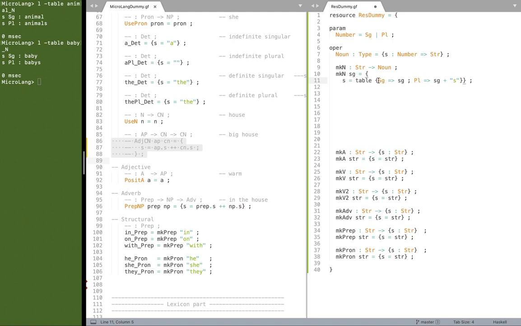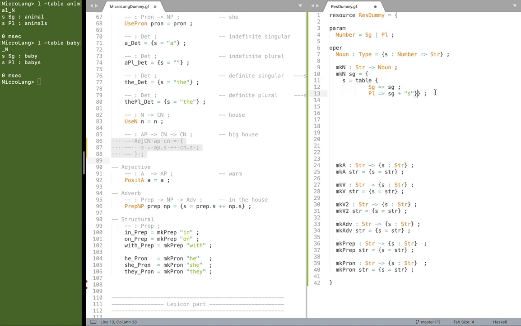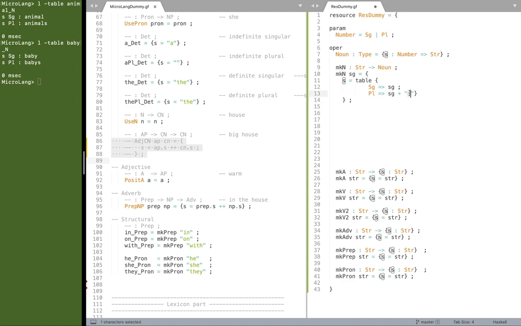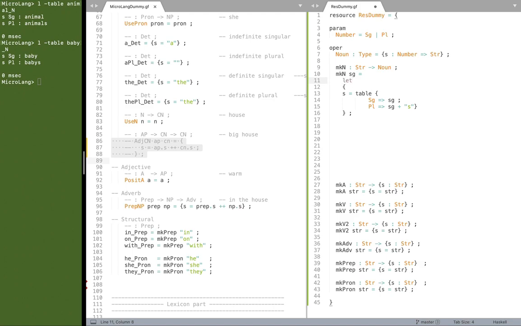And now we can use some pattern matching to decide whether we want this S to be just an S or something else. Like in the case of baby, the Y should change into IE. So let's start pattern matching here. We could do it here. We can use this let statement. Let plural of type string equal case SG of